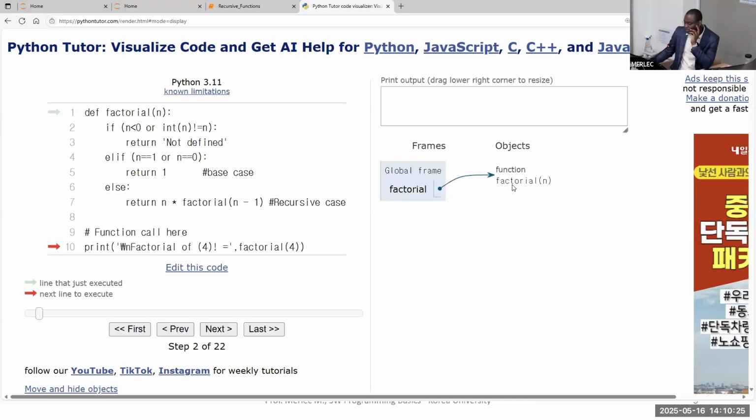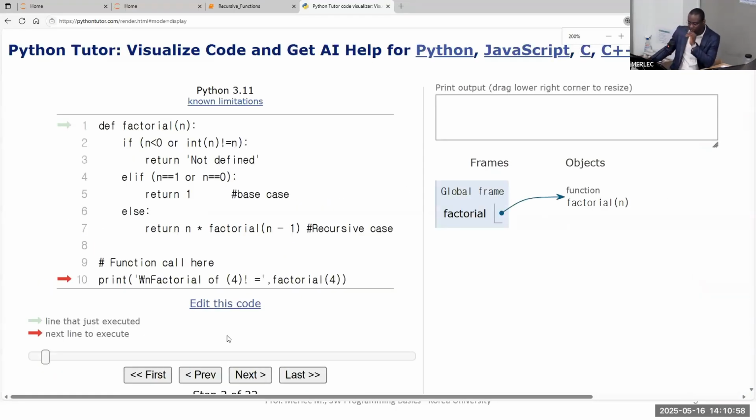You will see this factorial n. At the moment the interpreter was pointing on line 1, it acknowledged the function. That means it will store the logic of the function in memory. If there are variables that have been initialized, it will automatically initialize the variables in memory. Then it will go to the body to find the first place where the function will be called for the first time. Okay, so when I run again here, you will see in this line factorial has been called with the parameter